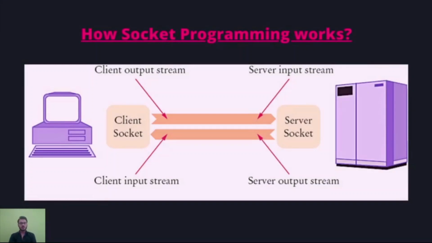Now let's see how socket programming actually works. There are two sockets, one at the client side and one at the server side. And to share resources or data, there are data streams. In two-way communication, there may be two streams. One acts as the output stream for the client and input stream for the server. And the other stream acts as the input stream for the client and output stream for the server. And through these streams, data is shared between the client and socket via a reliable connection, which is established by server socket and socket.